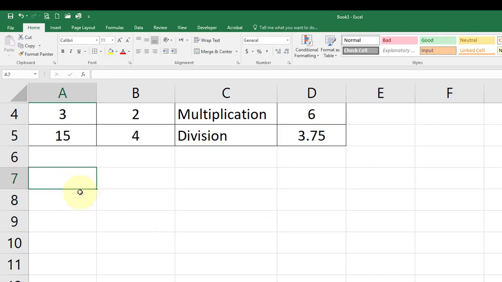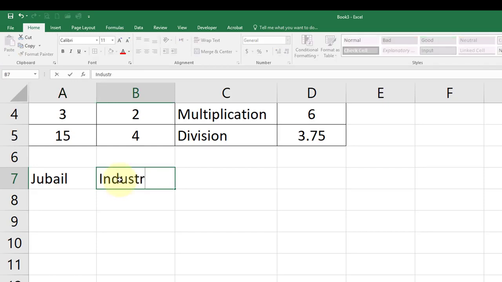Now we will try a string function or text functions. Let's say we have a word here. In cell A7 we have the word Jubail. Now we'll click B7. We have the second word in B7, industrial.